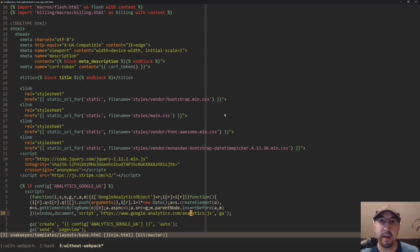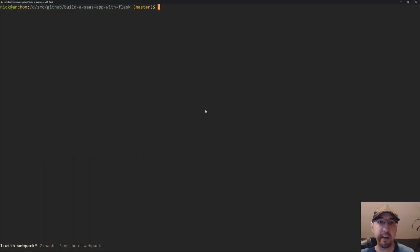If you literally did nothing other than having Webpack configured to just allow you to write your CSS in multiple files and then just concatenate them into one file, that would be a win in itself. And you can also bundle up your vendor stuff as well. But Webpack does actually a lot more than that. And what we're looking at now